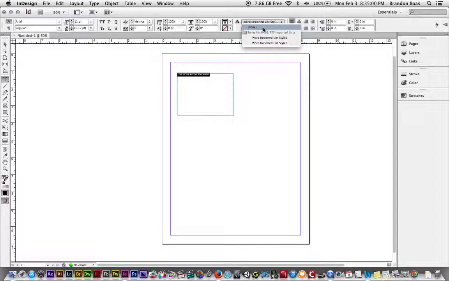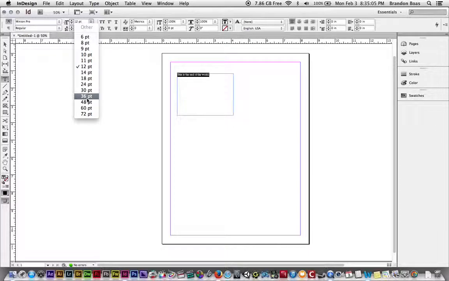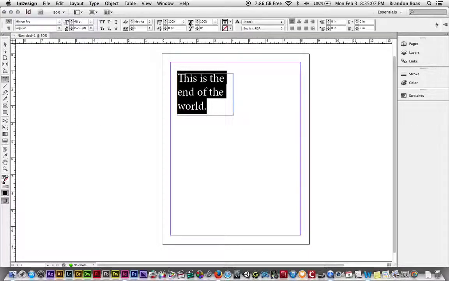So for the time being, I'm going to click on none, and I'm going to crank the font size back up so you can see it. And we're going to continue. Here's all your alignment tools. You have your align left, your align center, your align right, and your align towards spine. The align towards spine option is specifically for book formatting and magazine formatting. So it will always go towards the spine, and later you'll see that there is another alignment to go away